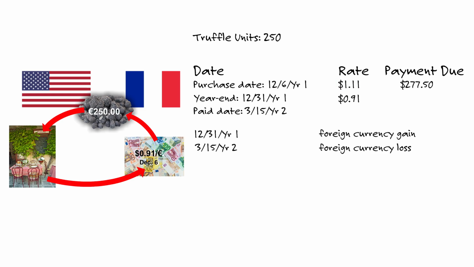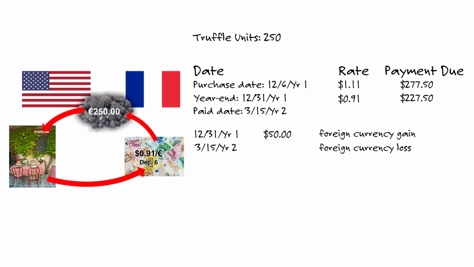Now, on December 31st, this liability is still outstanding, but we have to make sure that we adjust it to the current spot rate. So therefore, we're going to take the same 250 and multiply it by only 91 cents for every euro. Therefore, now there's a difference. We're going to have to pay $50 less in order to ultimately settle it. So that's actually going to be a gain of $50 in that case. All right, then we continue on.